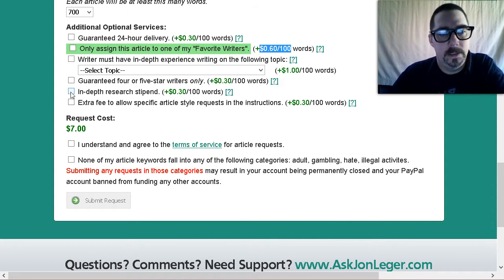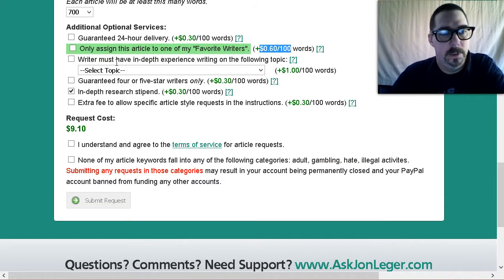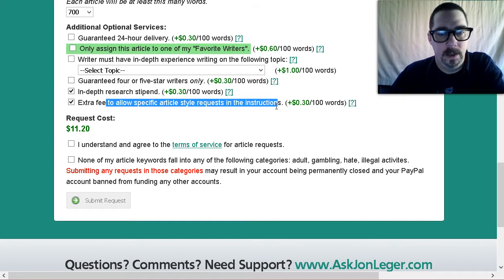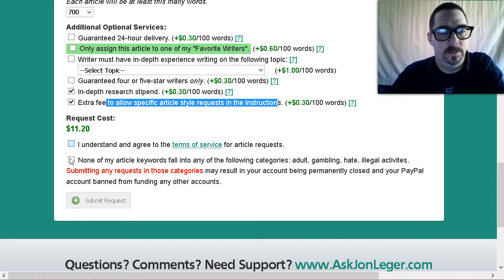And like this, I think that you would probably need to click that if you're going to have them do a review, and you would pay the extra fee for style. So you would probably need to click both of these if you needed them to do a review, because they have to go and do in-depth research. And then a style, because you need to tell them stuff. And then you have to agree, and then you can submit your request. I'm not going to do that, but